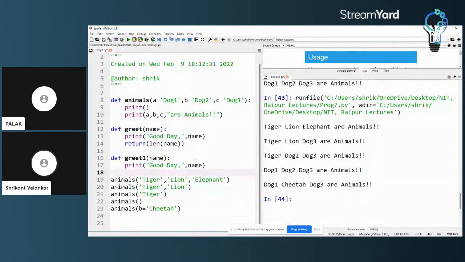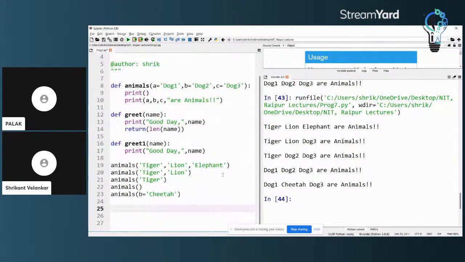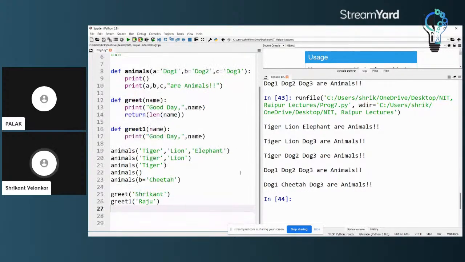Now I will say greet, I am calling that function greet, Shrikant, and greet1, say Raju. I can also have a function called within a print statement.